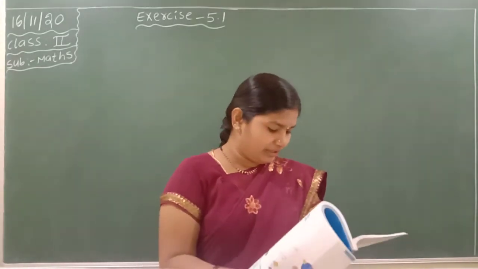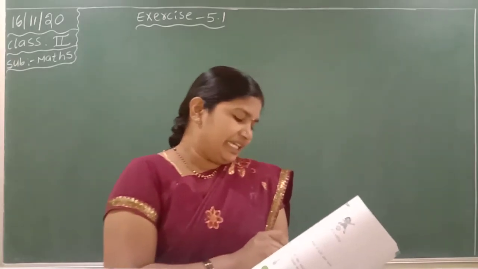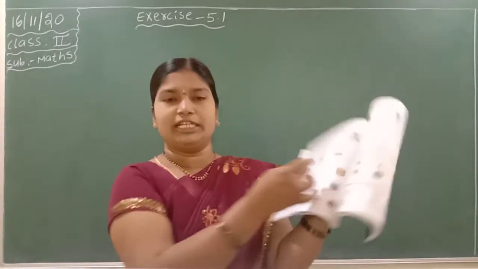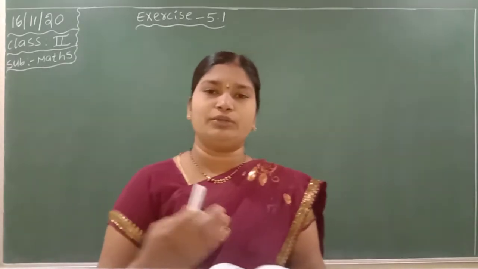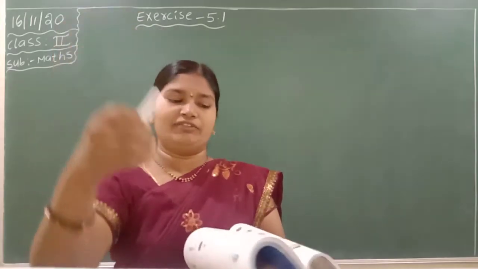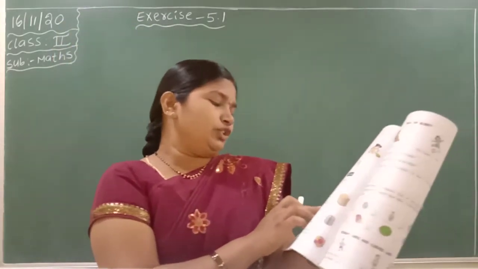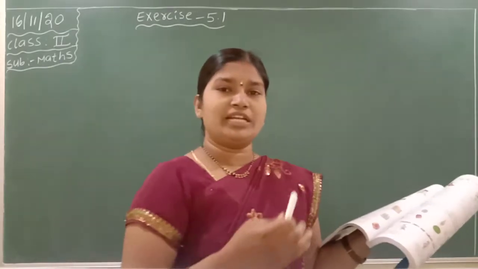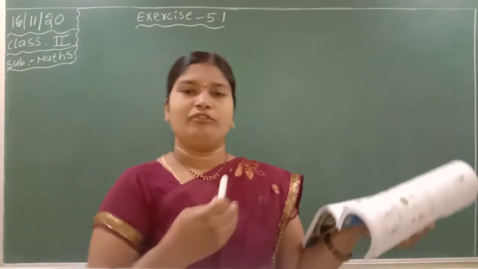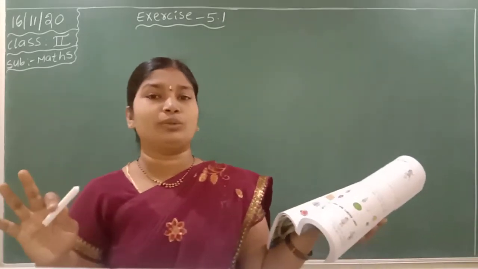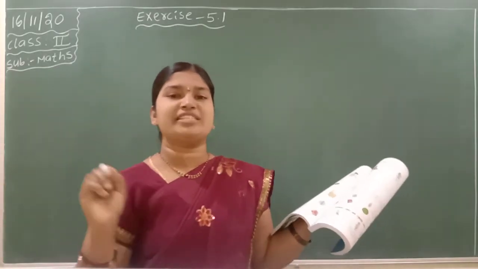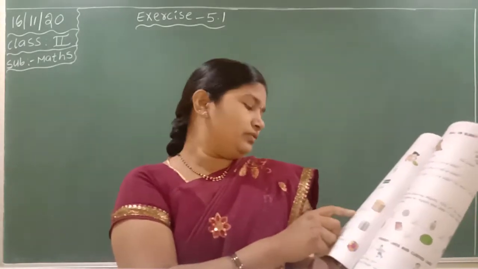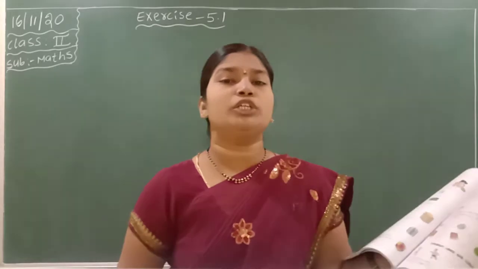See in your books, everyone. Keep all your notebooks one on top of the other. Here they mentioned: take at least 5 to 6 notebooks and keep one on another like this. They should all be of the same size. If you keep one big, one small, one big, it will not look nice. So take all books of the same size and keep them one by one. Then observe. What shape do you get?